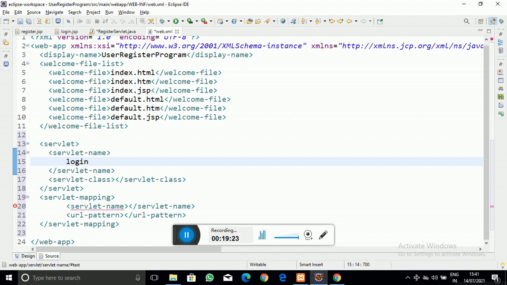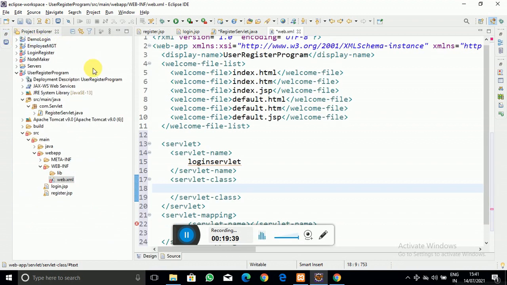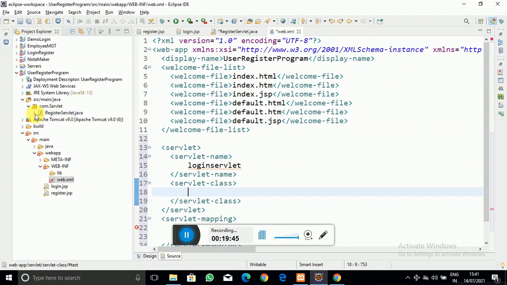Suppose I am going to give the name as login servlet. Here, into the servlet class tag, you have to write the complete definition of the class, that is, with the package name. Register servlet is the class name in which you have created the servlet, and it is in the com.servlet package.